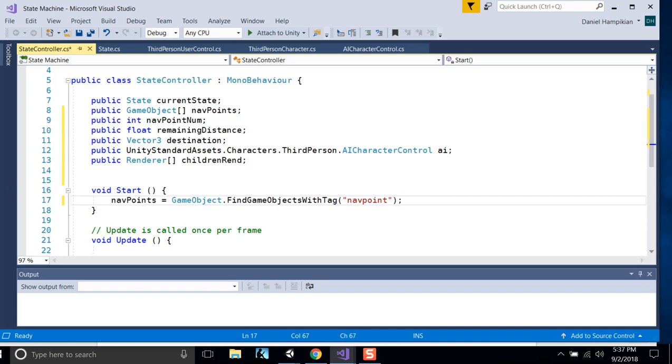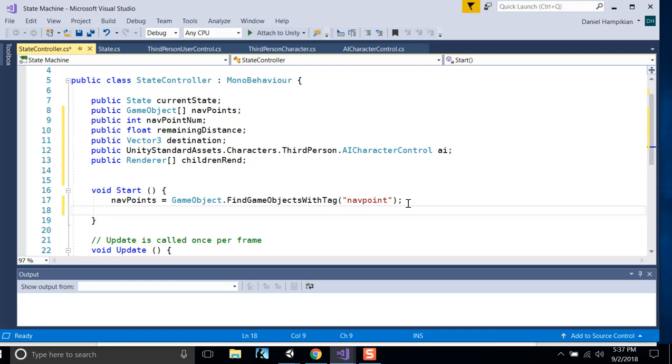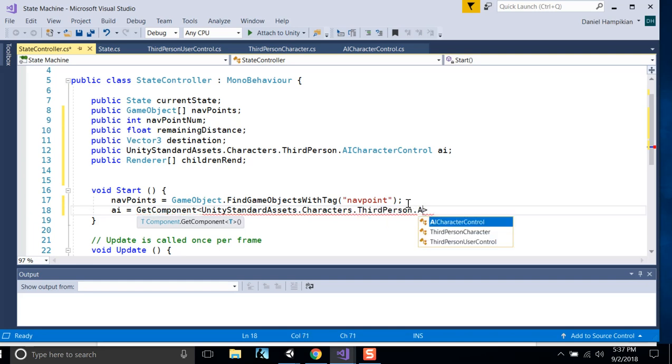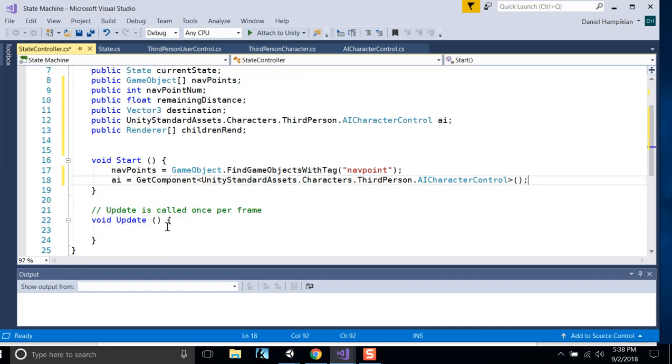Let's see, what else do we need to do in Start? Oh, we need to set this public variable up so we can say AI equals GetComponent, and that's going to be UnityStandardAssets.Characters.ThirdPerson.AICharacterControl. Okay. We'll get a reference to the AI character controller script,